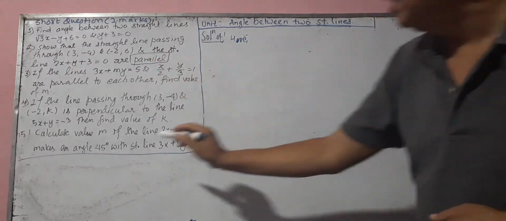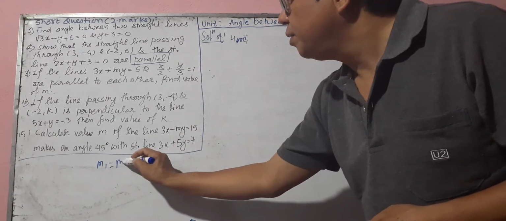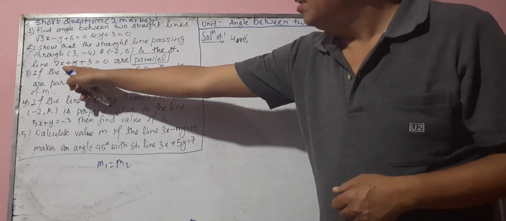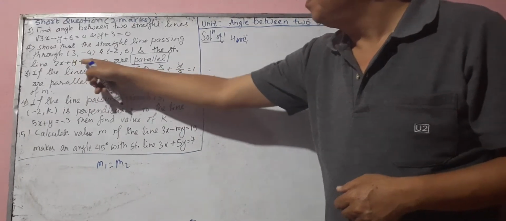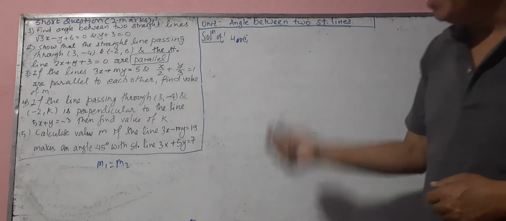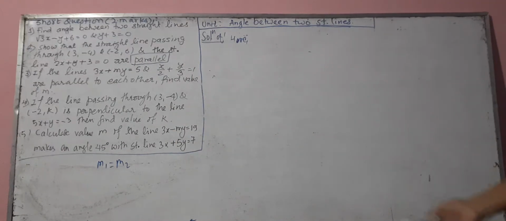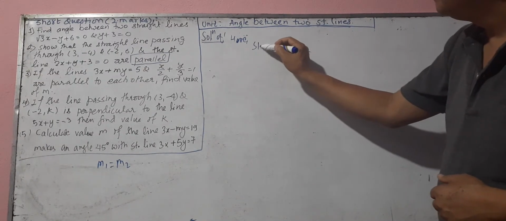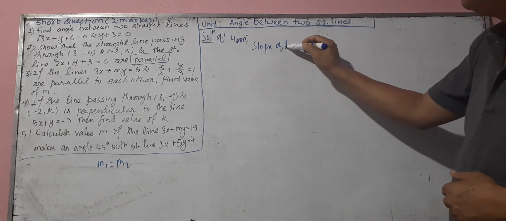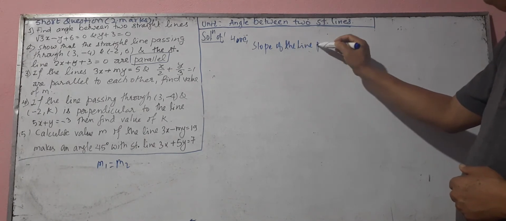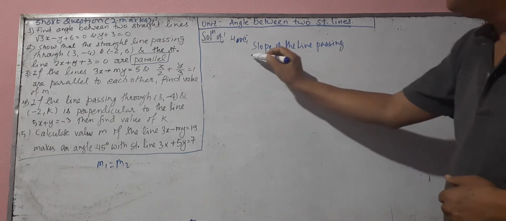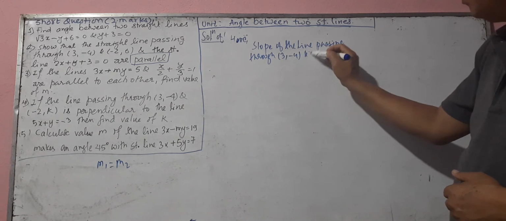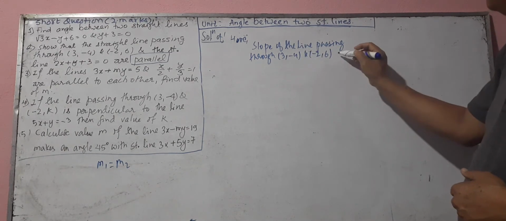The condition of parallel is m1 equal to m2, and one of the lines passes through 2 points, and another line is given in the form of ax + by + c = 0. So we find the slopes m1 and m2. If they are equal, then the lines are parallel. Now we find the slope of the line passing through